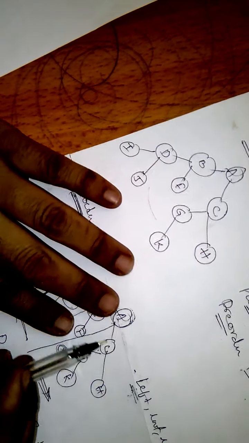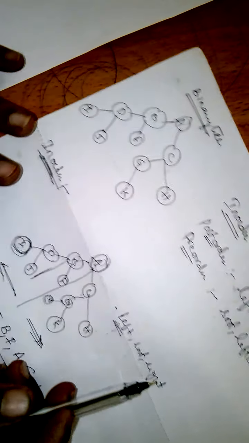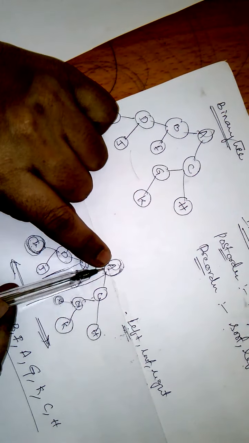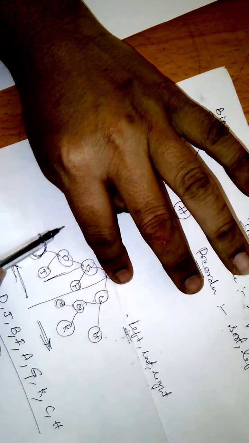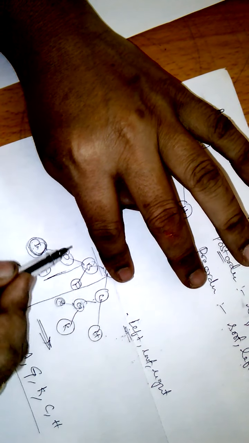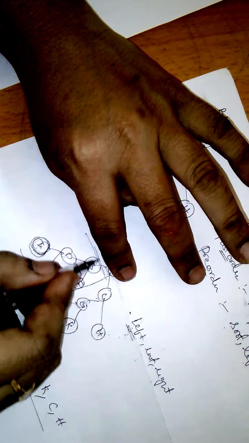Again, you see in-order traversal: first we have to visit the left child, or the left child of the left subtree, first, then root, then right. Again in the right, first visit left child, root and right. In the subtree we will call the parent the root. Now you see first A is the root, so we don't visit A yet. Then finish, come left. This is the left part, so in the left part we will consider this subtree.